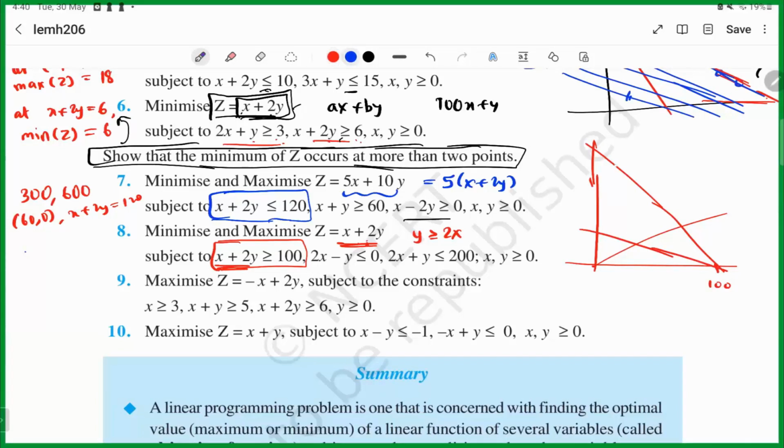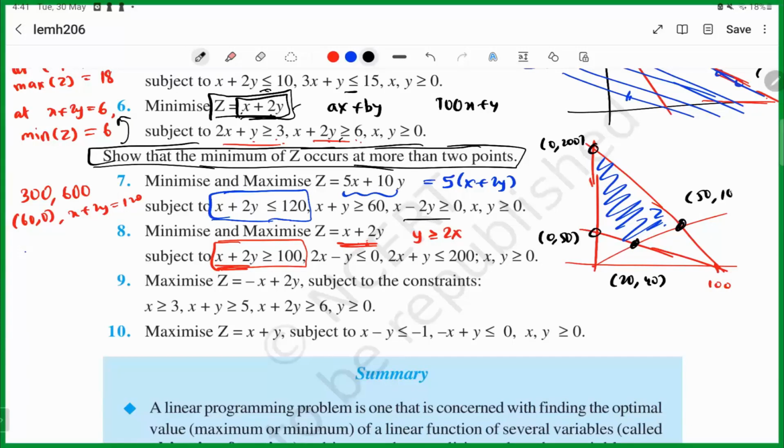So this time the region is something like this, which means the optimal points are going to be here, here, here, and here. Here this is 0, 50. This is 0, 200. And these two points we need to calculate. First, this point is the intersection of the line y equal to 2x and x plus 2y equal to 100. If you plug that in, you will get 5x equal to 100, x is 20,